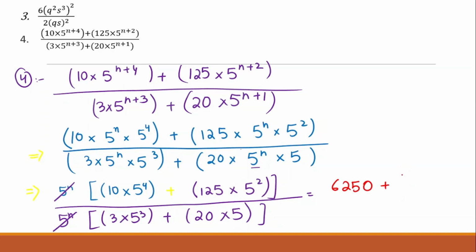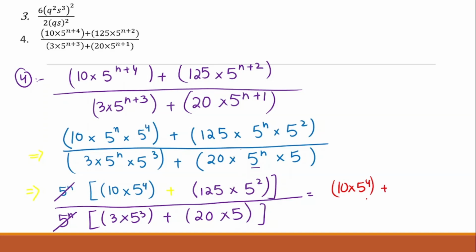plus we have 5 to the power square, which is 25. 25 multiplied by 125 is 3125, divided by, you can do one more thing. Okay, if you see, you can simplify it like this. 10 multiplied by 5 to the power 4 plus,